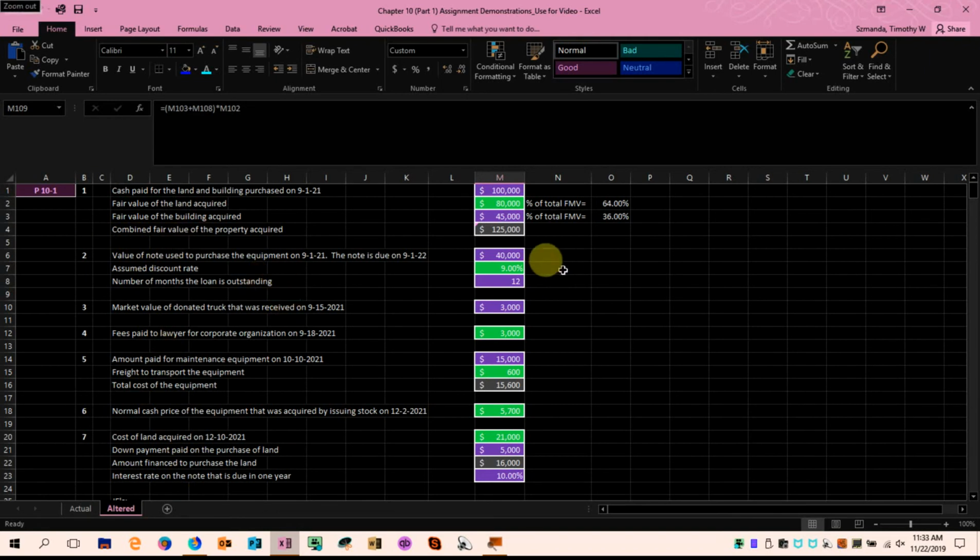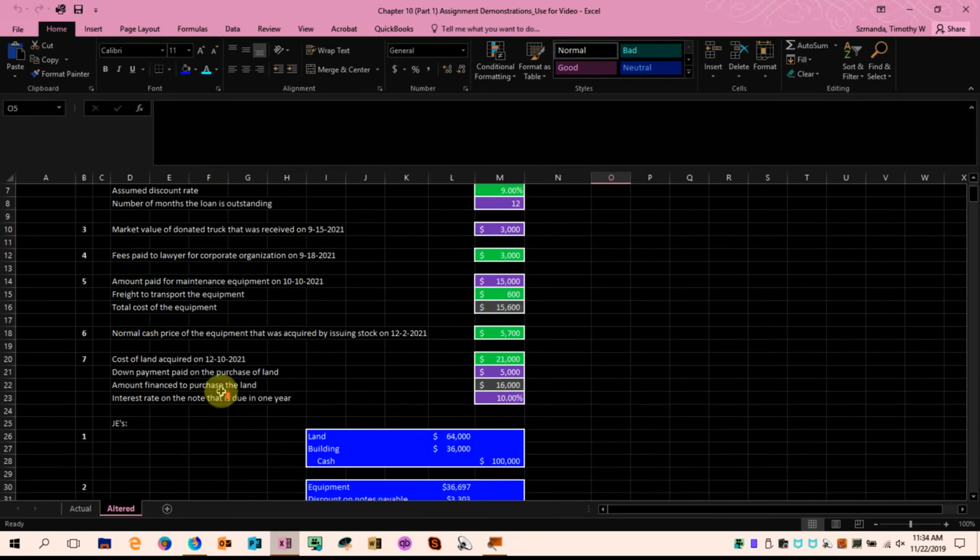So we just list the transactions. I just entered the data with some altered data, as I said. The first transaction was on September 1st. Acquired 5 acres of land with a building that will be used as a warehouse, so an income-producing asset. TriStar paid $100,000 cash for the property according to appraisals. The land had a value of $75,000 and the building had a fair value of $45,000, and I changed the